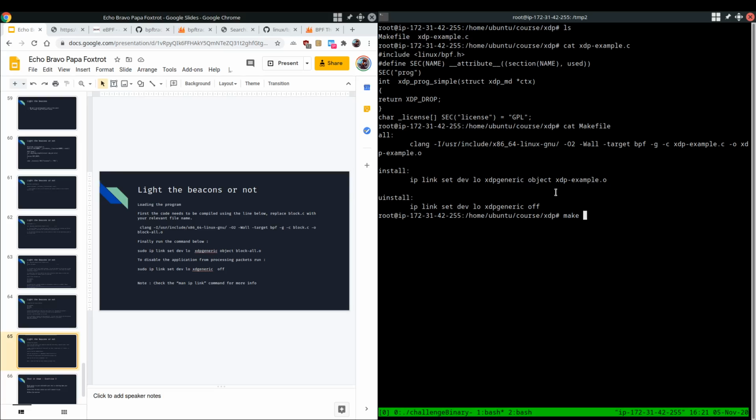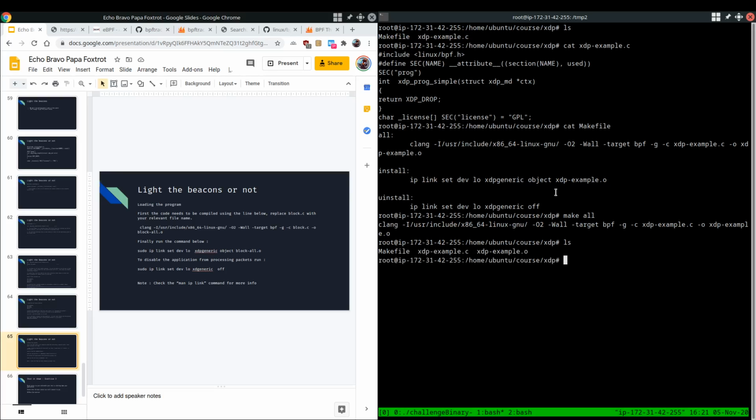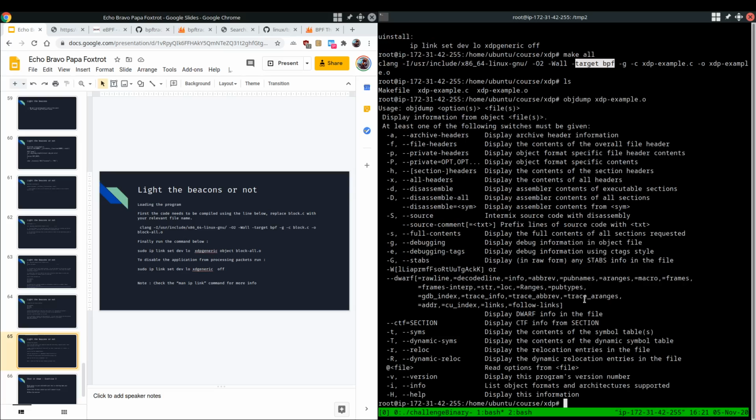You can simply type make all. That compiles our application. Now, typically, you don't need to specify the include path, but on Ubuntu, for whatever reason, the include paths are slightly different, so you have to include it. And then our target is BPF. If you now do objdump on the XDP example.o,